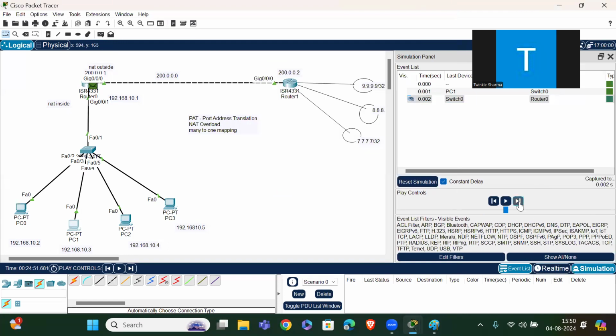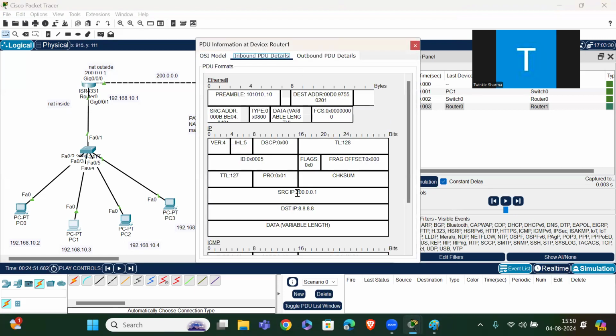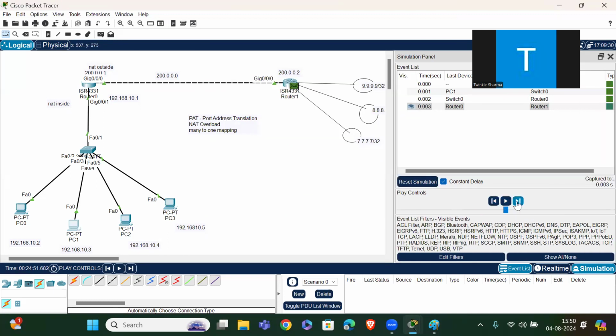Okay. Again, here the source IP is this and destination is this. Outbound destination is this. Now it becomes the destination and the source is 8.8.8.8. So now you can see that multiple hosts are connected to the same IP address, right? So the mapping of many to one is done.